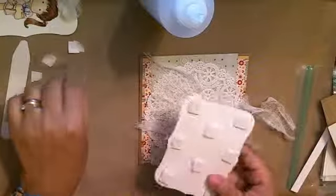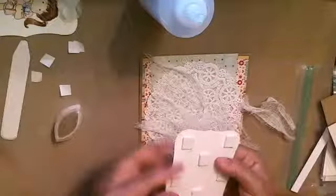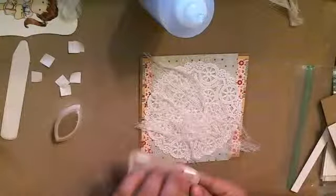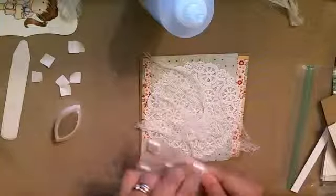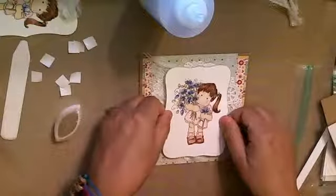You need some of these? Medicine gauze absolutely works perfect. I think it's whatever you can find that's accessible to you works fine. So now I'm just going to put her right here in the center,